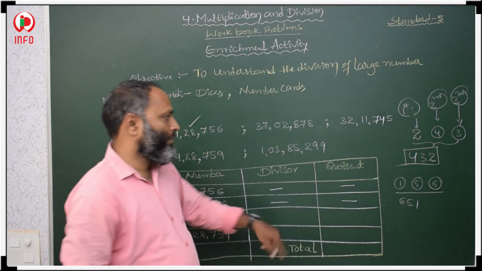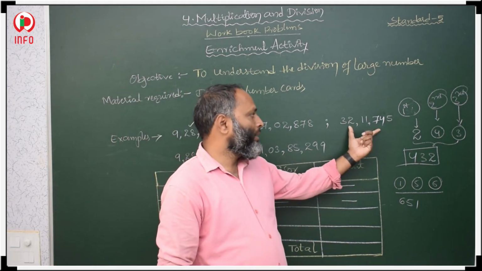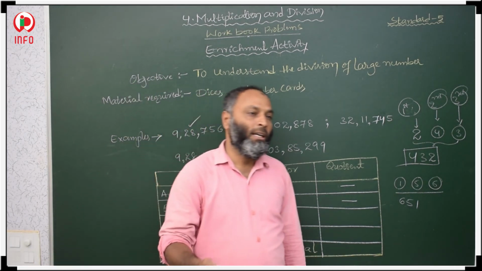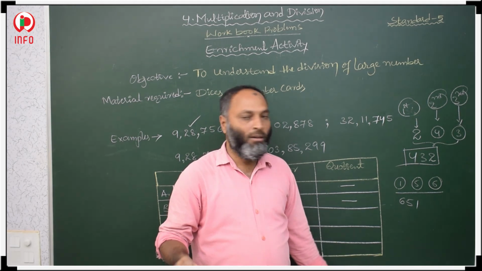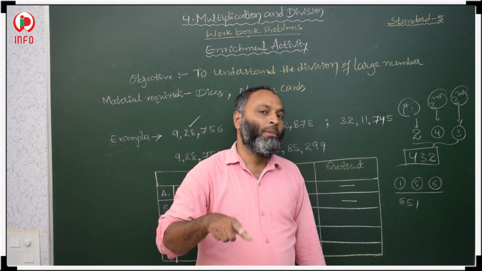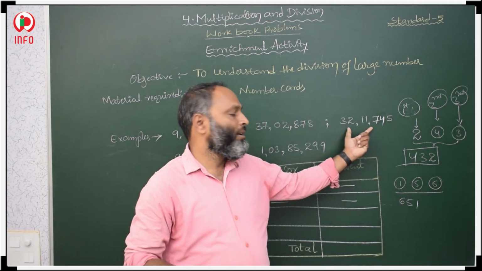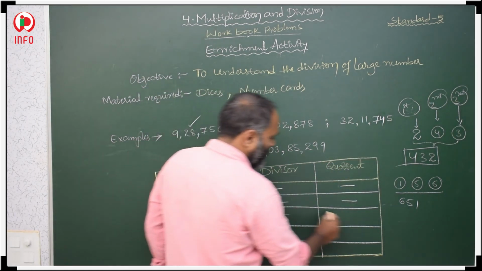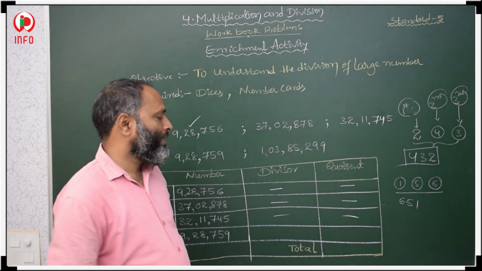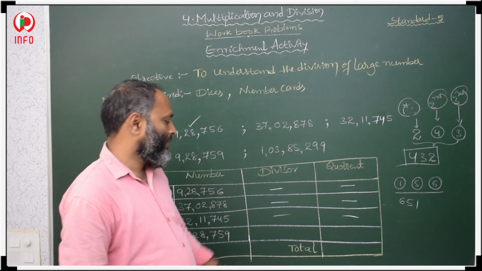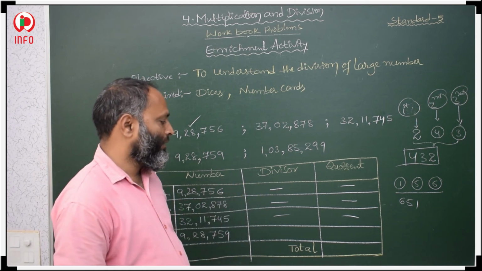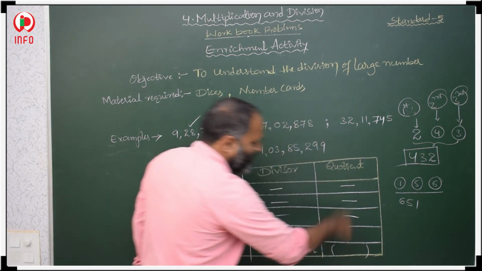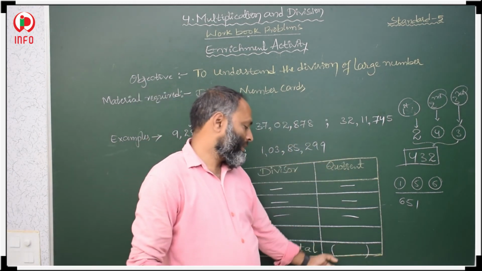In the same way, the third time, the same group rolls the dice again, writes the numbers they got, and forms a bigger number. After that, they divide the third card's number by it, and write the divisor and quotient. After getting all 5 numbers, find the total of these quotients, the sum of the quotients.